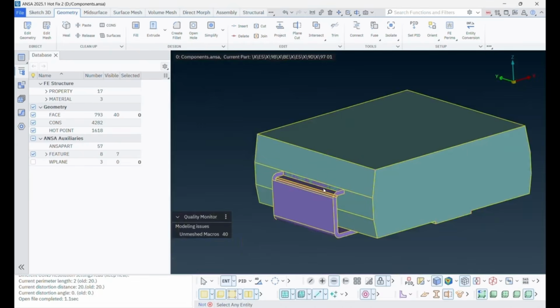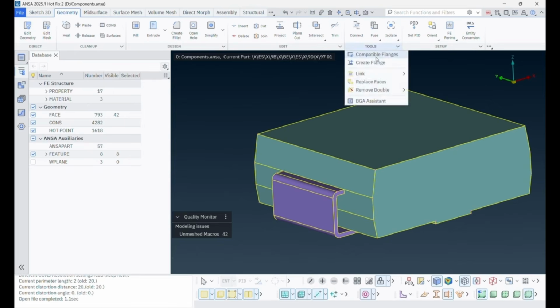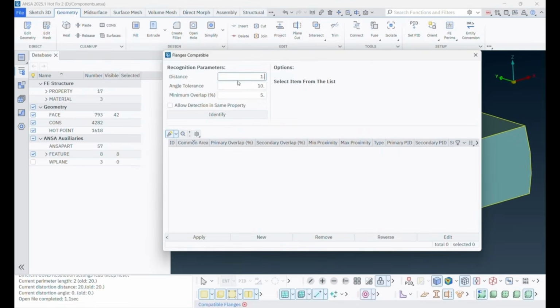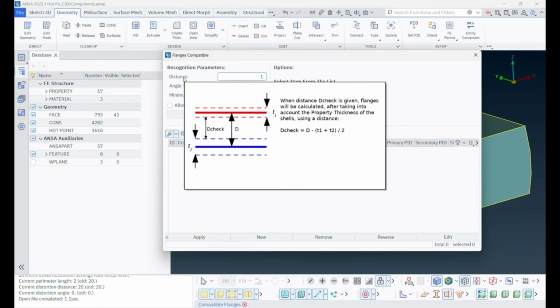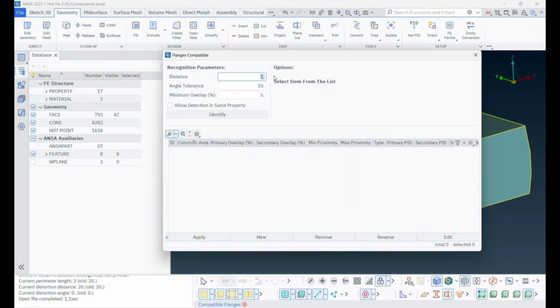Next, perform fuse. As you can see, the pins are not connected to the body, so fuse is needed to create proper connectivity while preserving the original details as much as possible. For the parameters, keep tolerance set to extra fine. Then choose a relatively small fuse distance, for example around 0.05. The rule is simple. Make the connection, but avoid excessive merging.